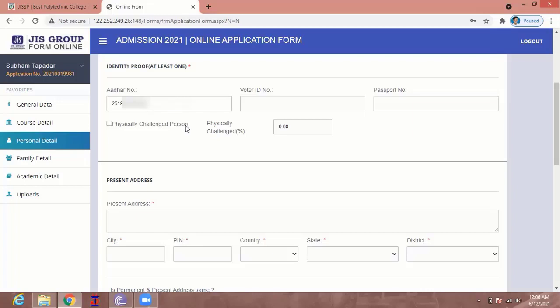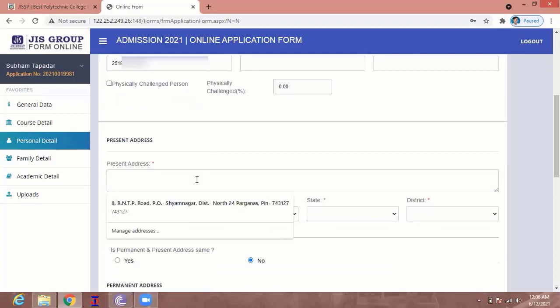If you are a physically challenged person, you have to click on this option and write down what percentage you are physically challenged as per the medical certificate.